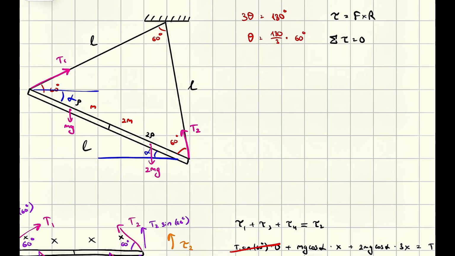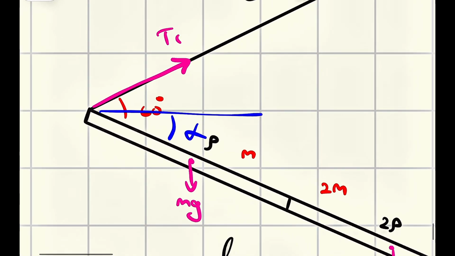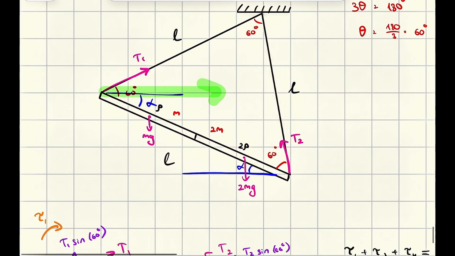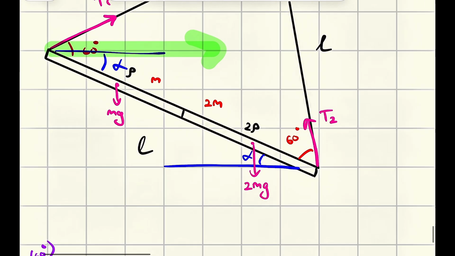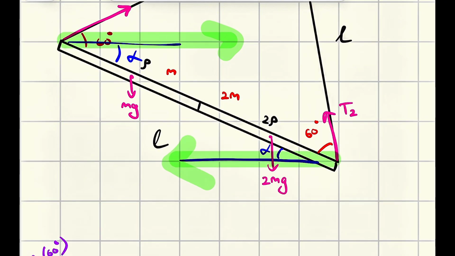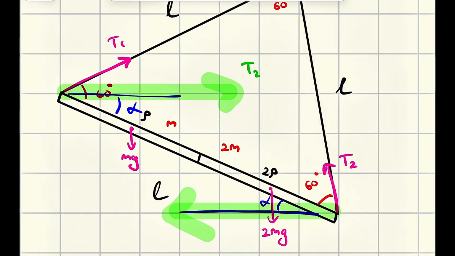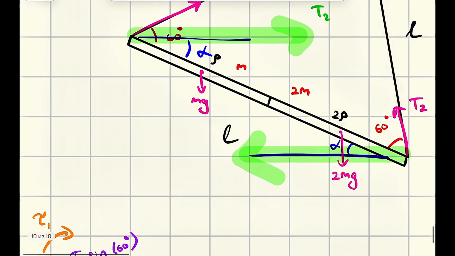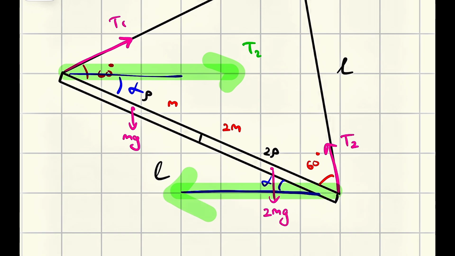Well, how do we write equations for tensions? I need to find the totally horizontal component of tension 1 and the totally horizontal component of tension 2. Let me choose green. This will be tension 1, some sine or cosine, it does not matter right now. This is tension 1, I'm so sorry. This is tension 1. This is tension 2, sine or cosine. We'll see about that. So we need to find this angle in order to put that totally